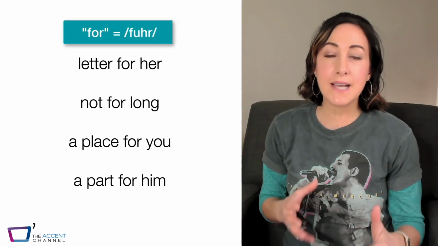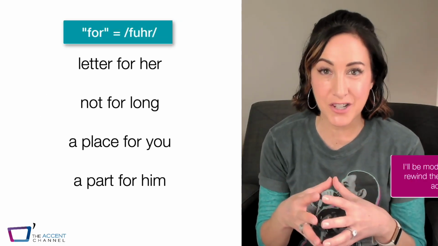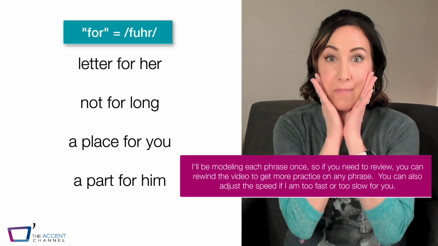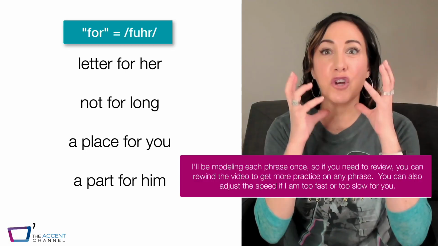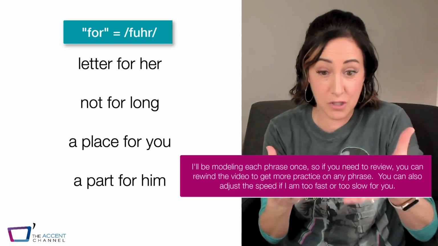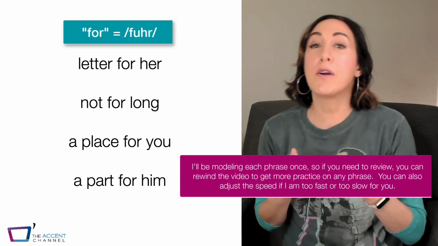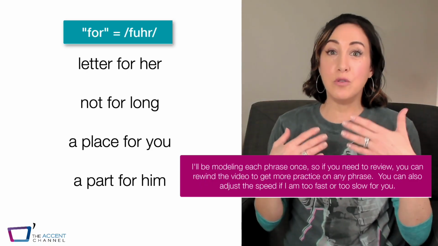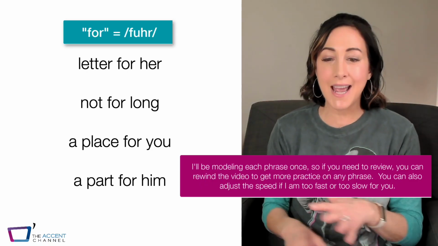For the rest of this lesson, we're really going to focus on repetition practice. Repetition practice is what builds the muscle memory in your speech articulators to pronounce this word this way. We're also training your brain to make this a habit so that when you need it, it happens automatically and